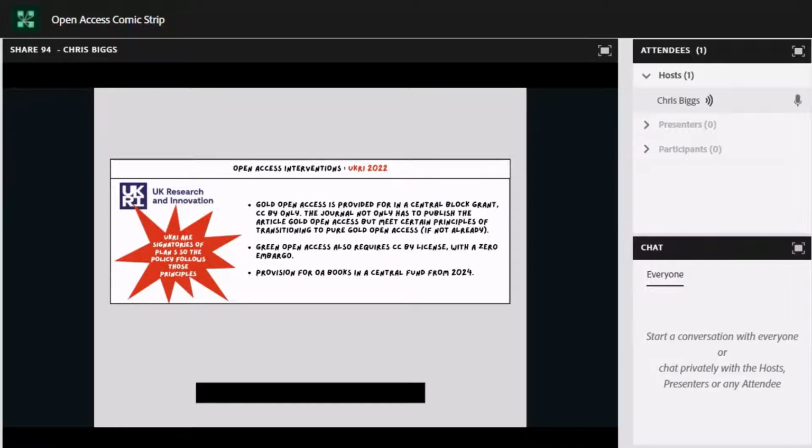Green open access. Green open access may now only be allowed with zero embargoes, potentially. Publisher policies do not currently allow this. Funders have suggested rights retention statements on submissions where authors retain the right to post an accepted version to a repository with zero embargo and a Creative Commons license. Will publishers accept these statements and make self-archiving policies more permissive, or will they reject that straight out of hand?